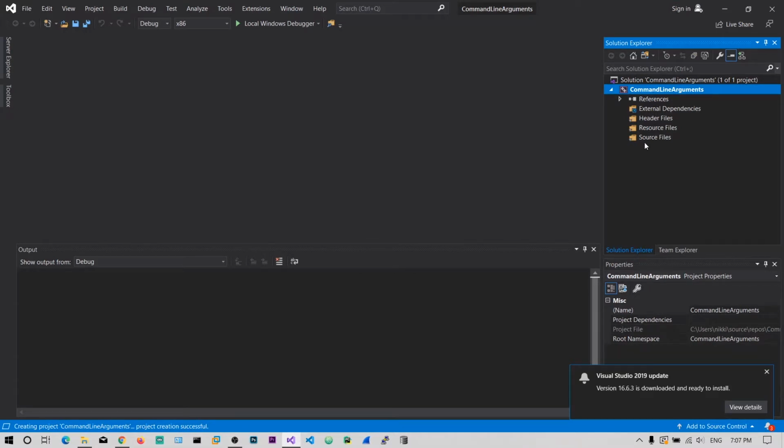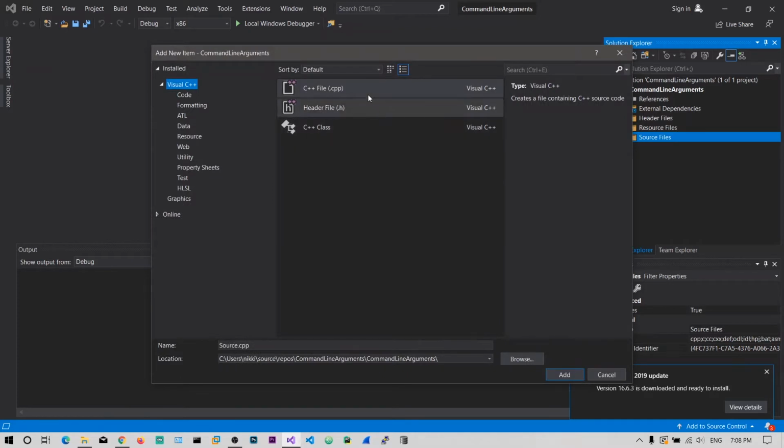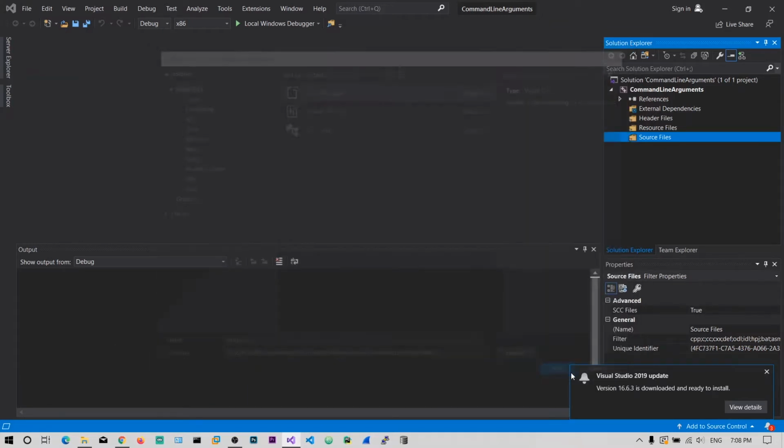To add the C file, right click on Source Files and choose Add New Item. Now in this we are going to add the CPP file, but with the extension as .c. Let's say sample.c, and now click Add.